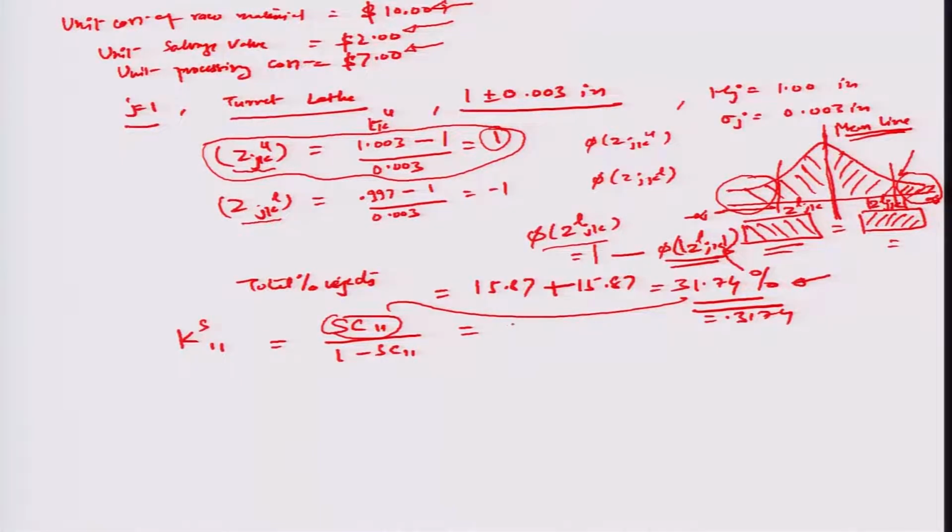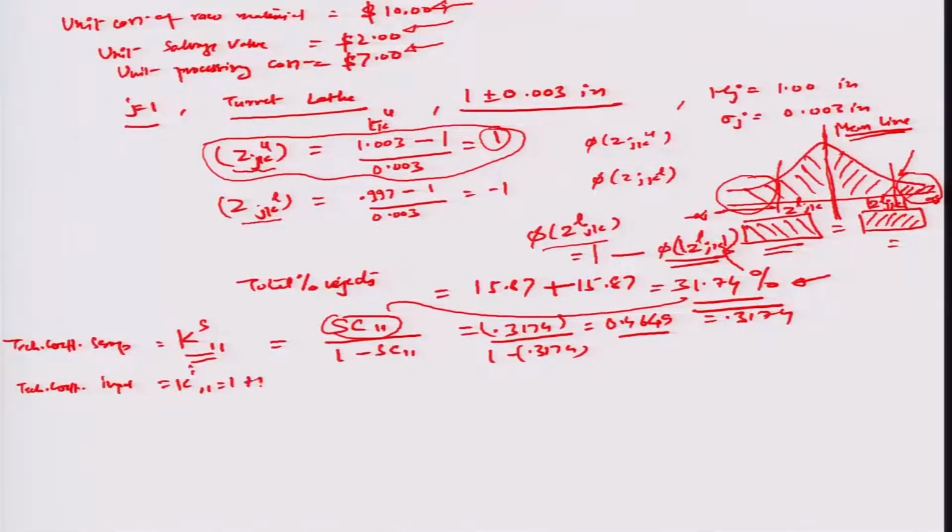So, the KS11 happens to be 0.3174 by 1 minus 0.3174, which is actually equal to about 0.4649. That is how the technology coefficient of scrap is. Okay. So, let me just call it tech coefficient scrap. Similarly, the tech coefficient input in this particular case is going to be just 1 plus that scrap number. So, KI11 is 1 plus KS11, you have already seen the earlier specification. So, this happens to be about 1.4649,